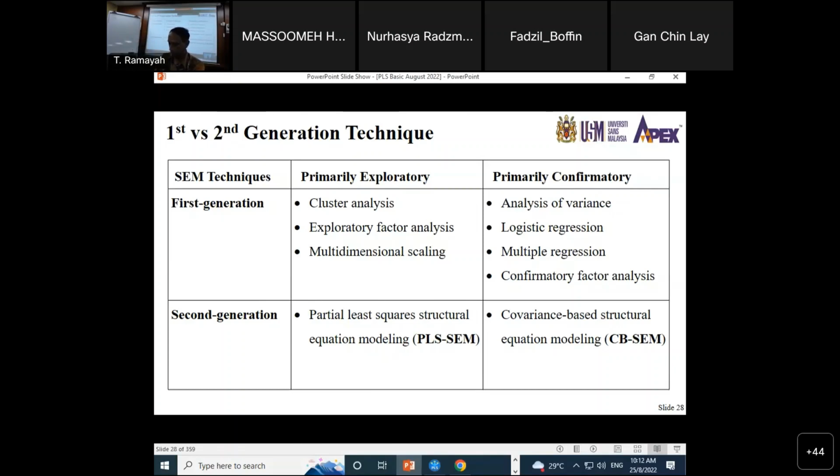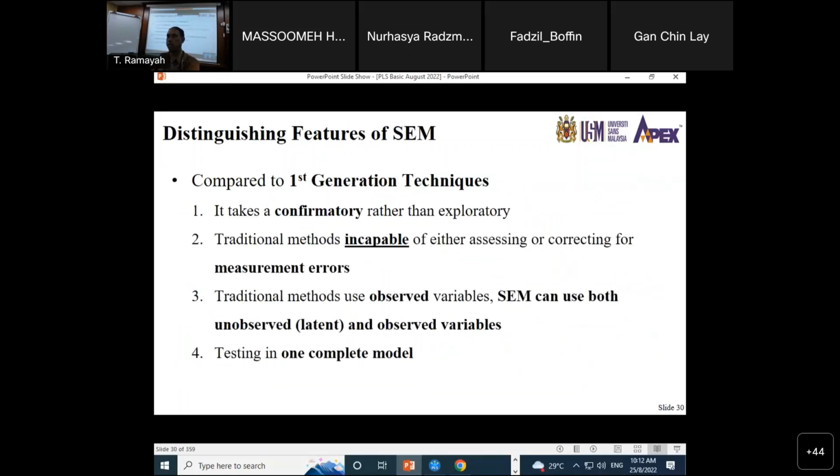So what are the software? I will explain a bit later. So the first generation, second generation analysis, what is the difference? So when we do first generation analysis, we also do factor analysis, correct? Every time you do primary data research, you need to do a factor analysis, which is called the construct